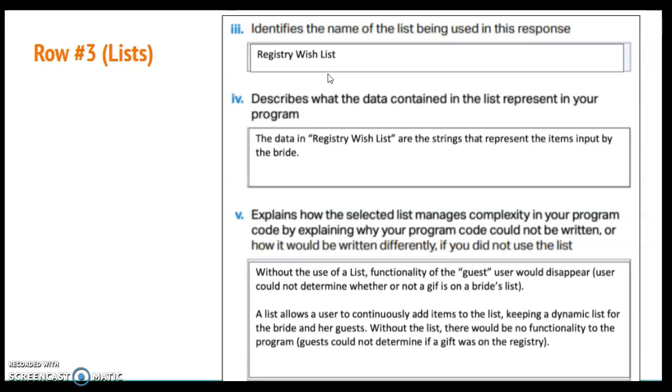Notice how this says identifies the name of the list being used, the registry wish list, describes what data is contained in the list. Now, very specific, we're naming the list again. The data in the registry wish list are strings, so be specific. Okay, so strings are numbers, letters, whatever. You can say text that represents items in the list, input by the bride. Explains how the list manages complexity or how the program could not be written